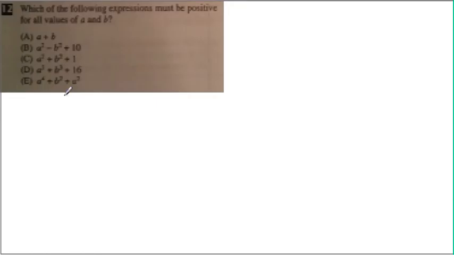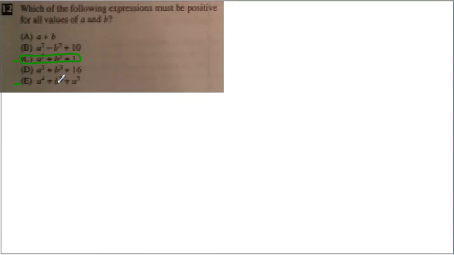Number 12, which of the following expressions must be positive? Must be positive. Whenever we look at positive values, we are looking at squares. We see the perfect squares in choice C and choice E. But here we have subtraction, therefore this number will always be negative, so that doesn't guarantee that all the numbers will be positive. Between C and E, the best answer would be choice C instead of E, because it is possible